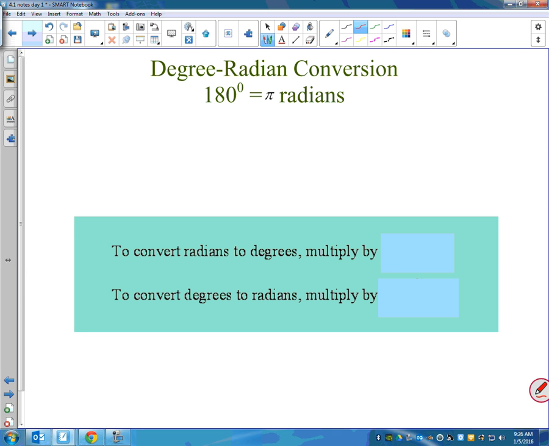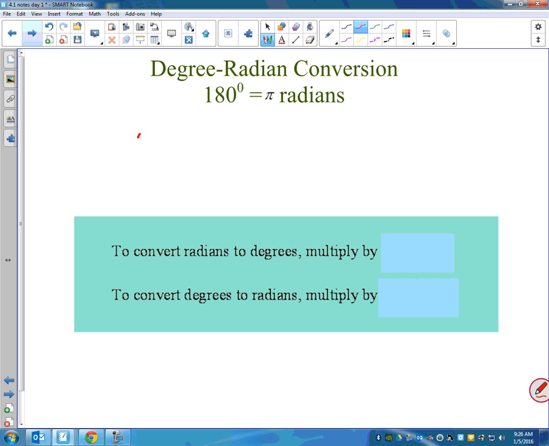So today the big thing is converting, and just like you convert anything, you can convert feet to miles, you can convert hours to seconds, right? You just multiply by whatever big thing is equal. If I wanted to change feet to inches, I know there are 12 inches in a foot. There are 5,280 feet in a mile. So, for degree to radian conversion, we could say,